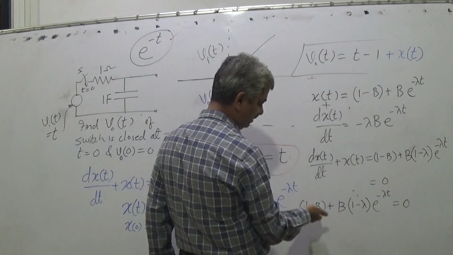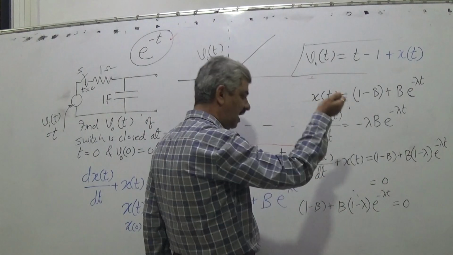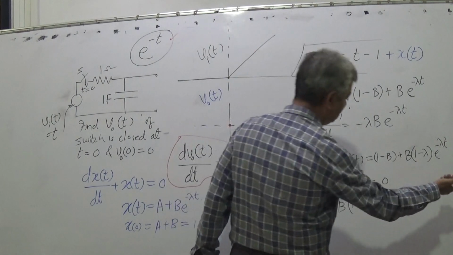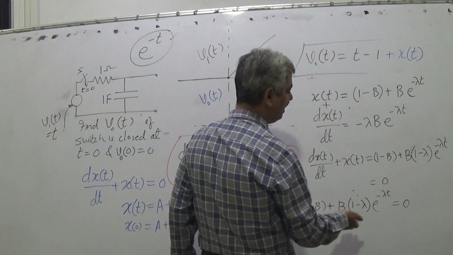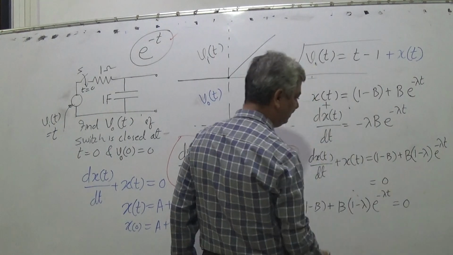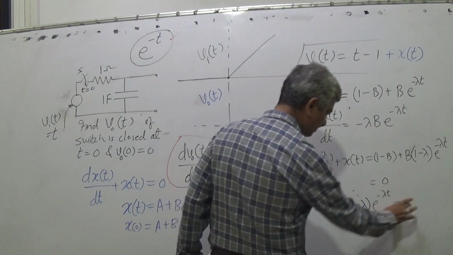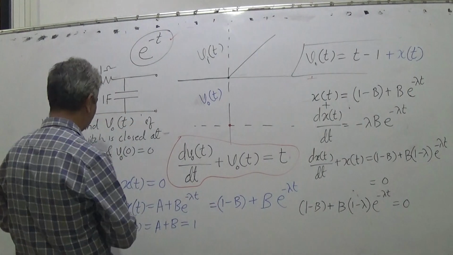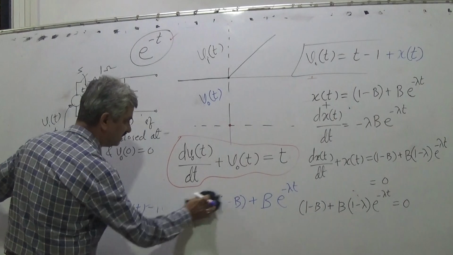So the things which do not have exponential terms must be equal, and the coefficients of exponential terms must be equal. Here the non-exponential term is 1 minus b, nothing on the right. So this equation is in fact having two equations embedded inside it, and the two equations are